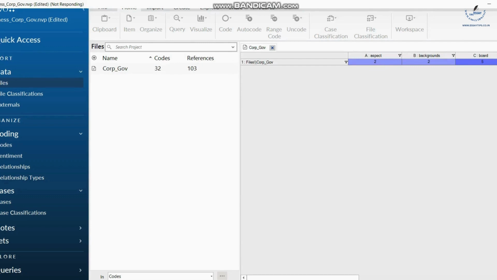Now I will identify the word frequency and hierarchy chart, showing the density of the words in my text, one by one.